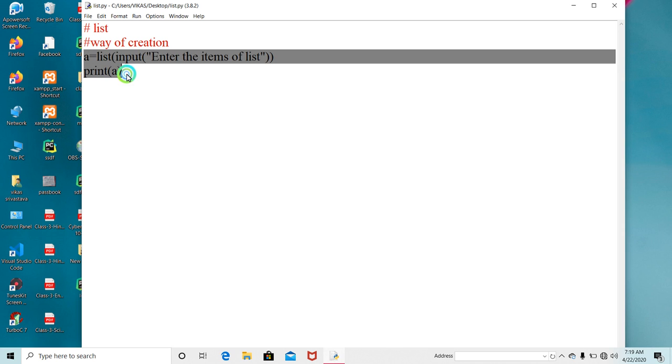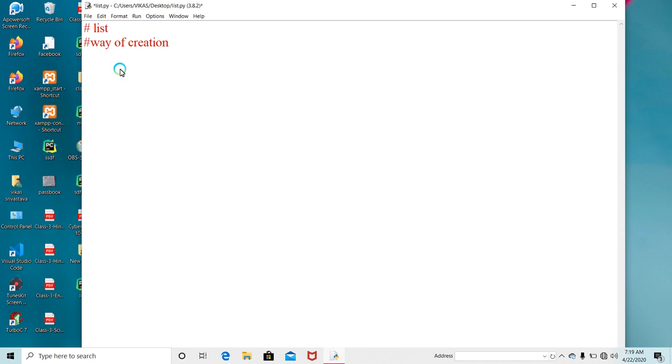And if I want, I may create a blank list, so I can write it like this. This is the symbol; the above is the way to create a blank list.